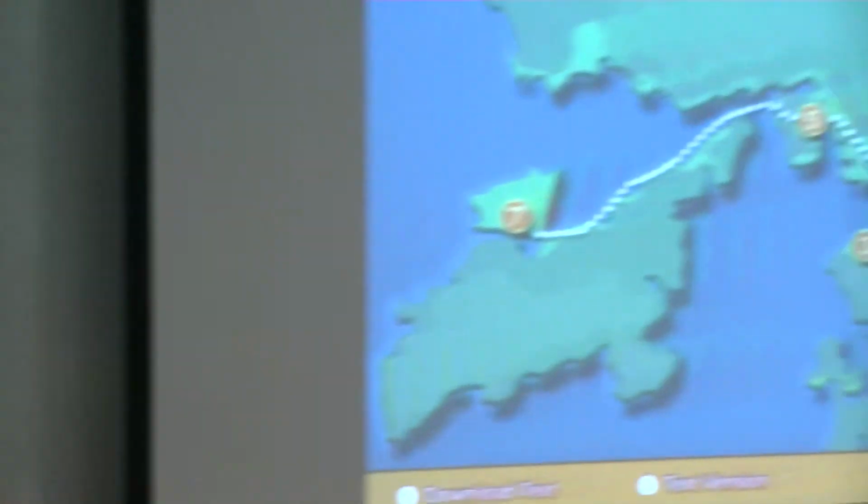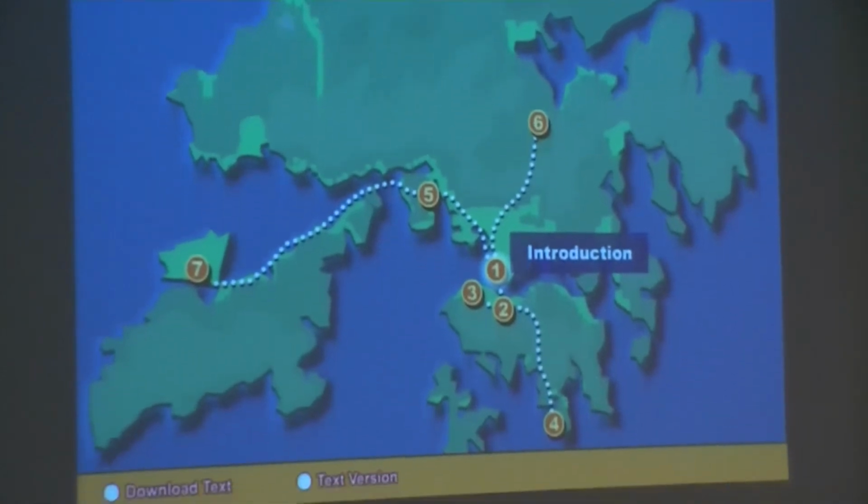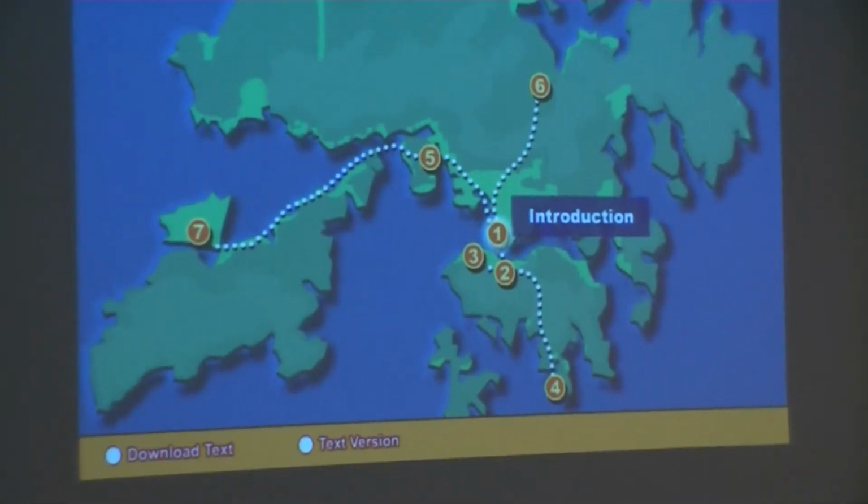So basically you will see that there's three main components here. Let me drive you through really quickly. We have a brief introduction of what is IE, what are industrial engineers, and we conceptualize it as taking an MTR that you take station by station, and then you try to visit various places in Hong Kong by looking through